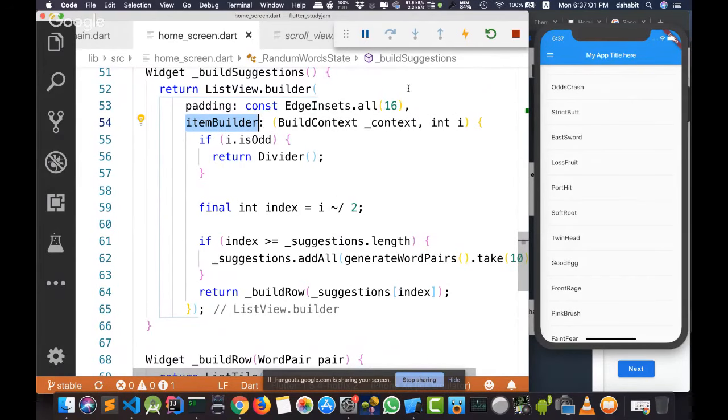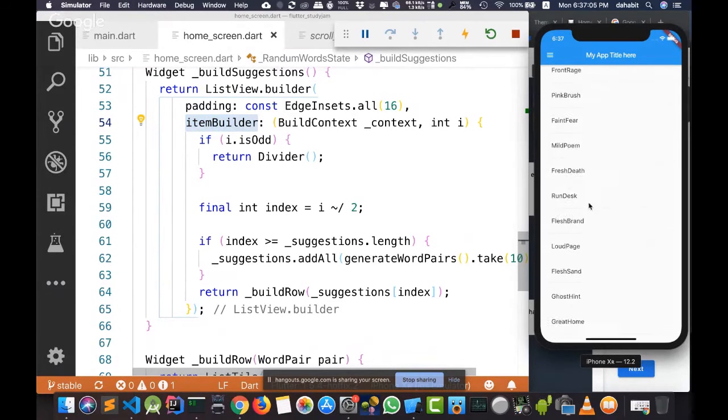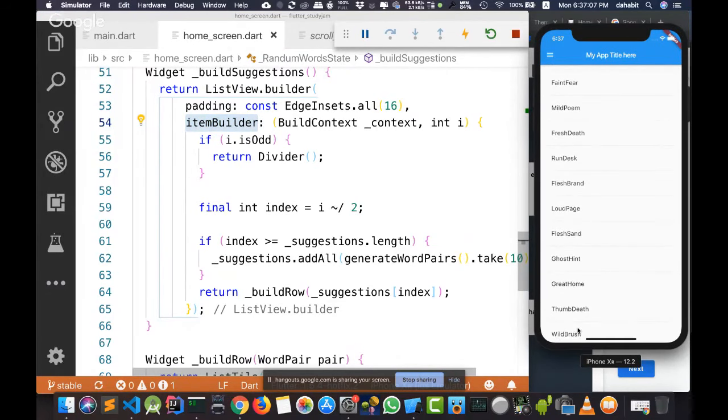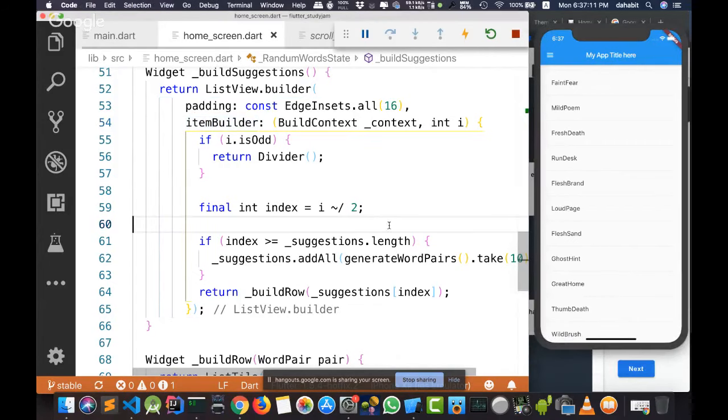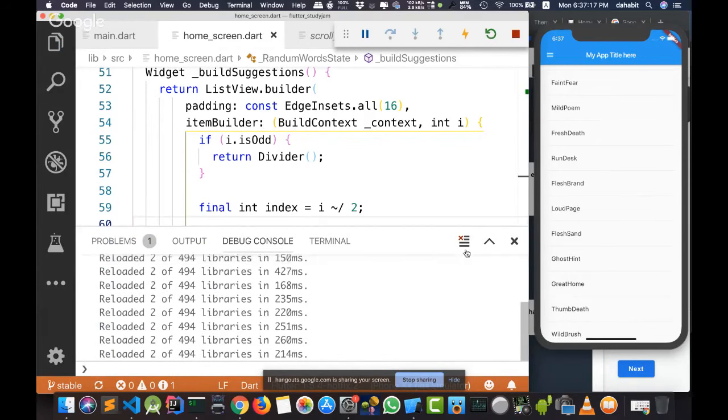I'm not specifying the item count here because I'm using lazy loading. When I am scrolling here, I am checking. Let me display the debug console and clear this one.